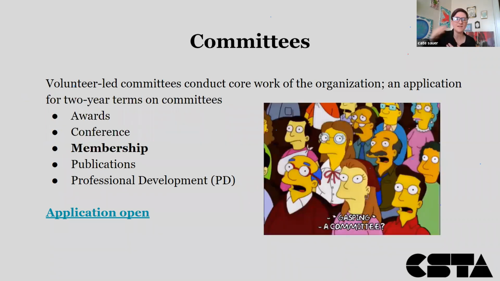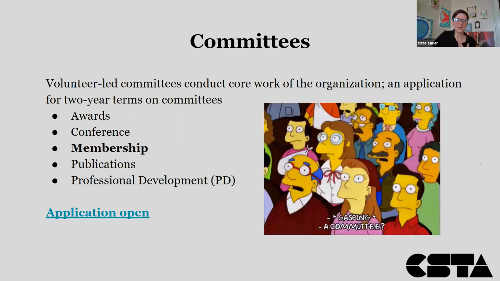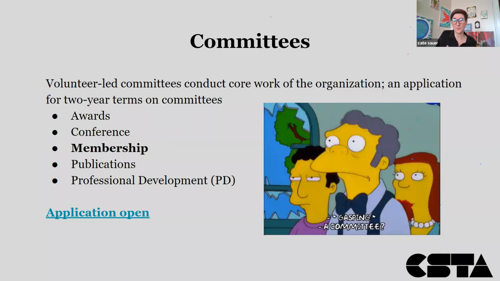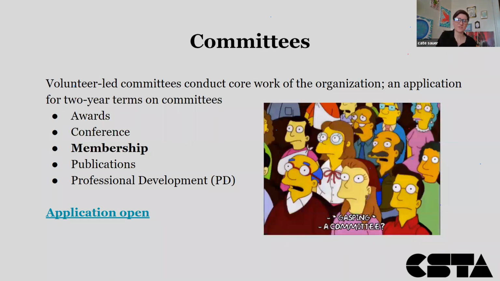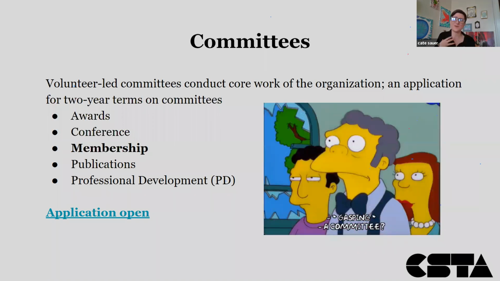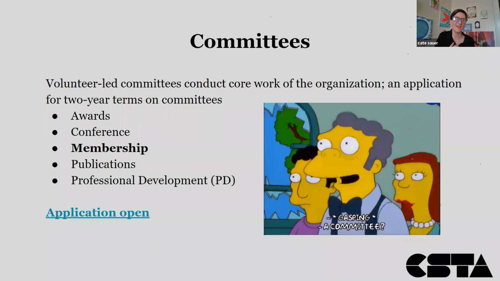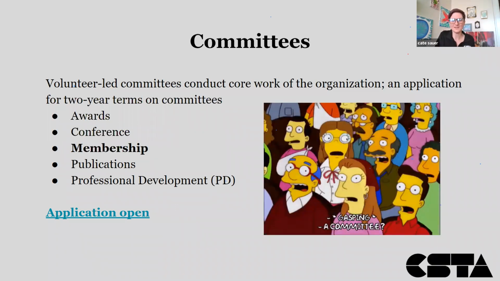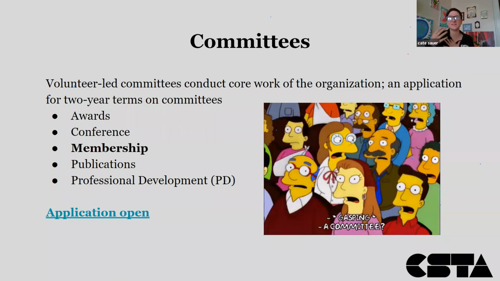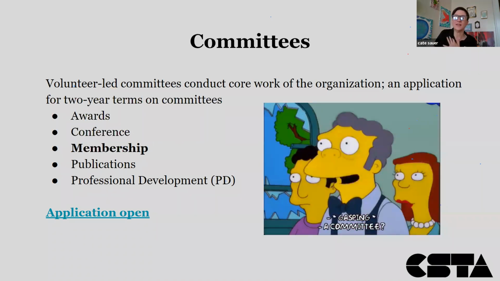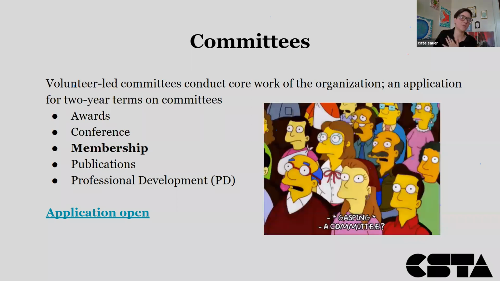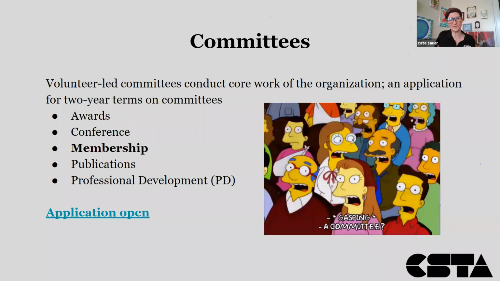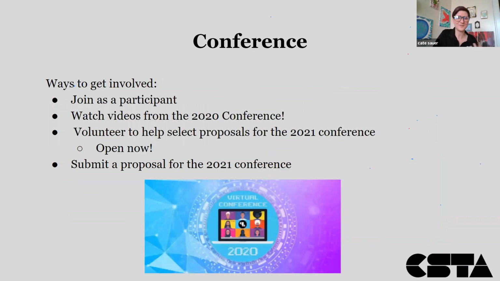Awesome. I mentioned the committees on that Engage page, but committees are open to anyone, right? And right now where I'm looking for support is we still have a few spots on our membership committee, and I would love to have perspectives. If you have the time and capacity, there's no harm in applying, and perhaps it starts that conversation of this is what I can give back to computer science teachers, this is what I'm interested in. That perspective is incredibly valuable, and we're so glad that you're here. The other thing I just wanted to wrap up with is conference; there are several ways to get involved.